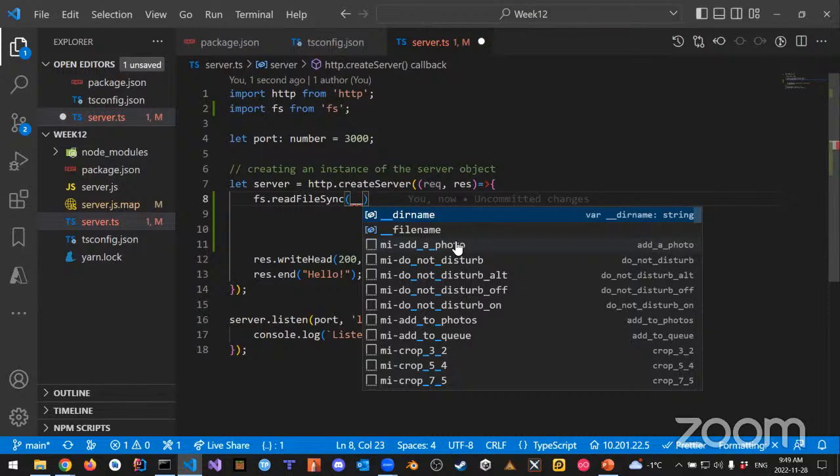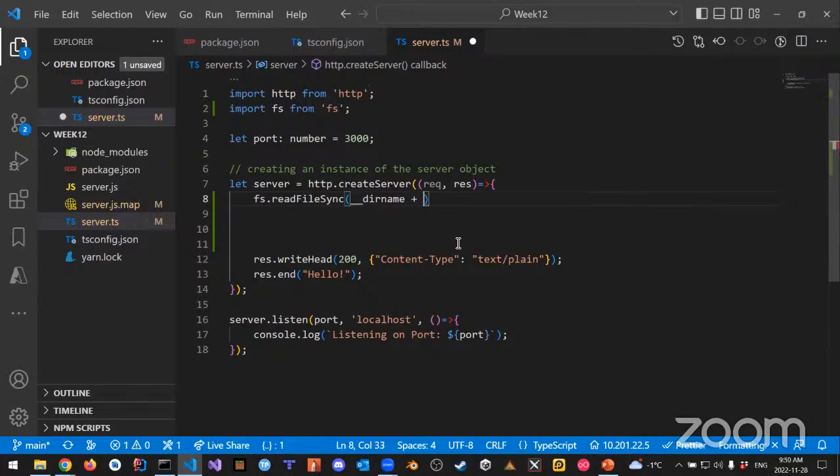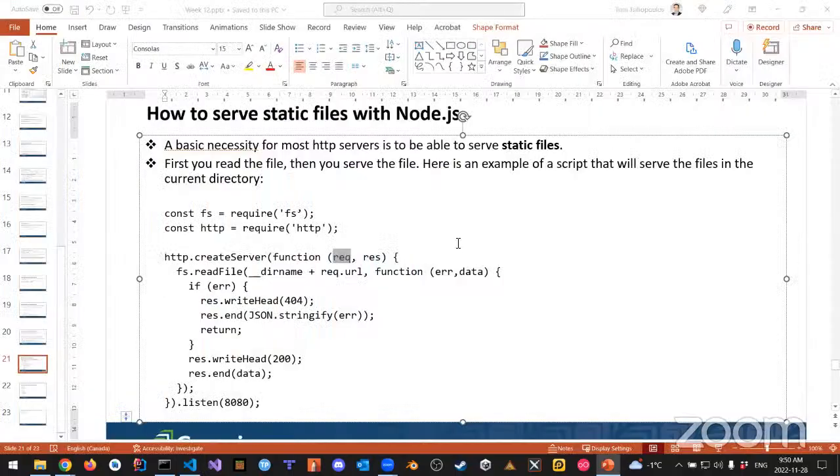Okay, so why would I want that? Because I'm going to be on the server and I don't know the path that it's going to be. I have no idea what that path is going to be on the server on Render or someplace else. And I want to have access to files, right? So I'm going to say wherever the directory is, here's my directory name. Plus, I want to add in the request URL,